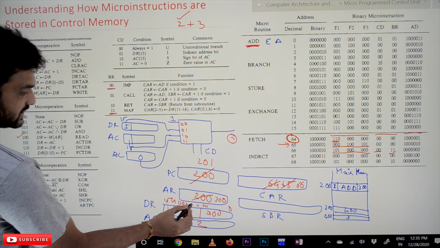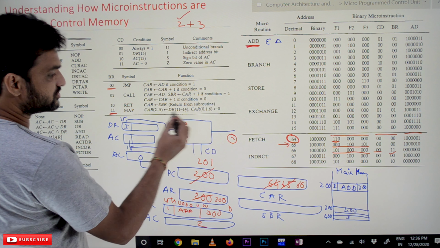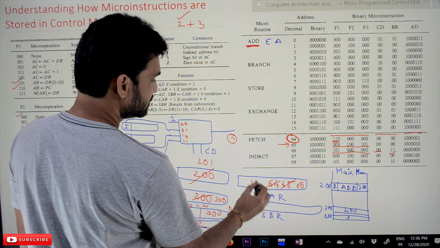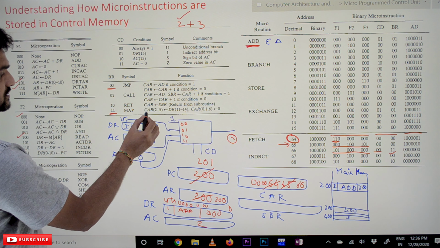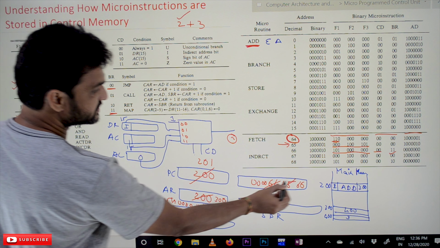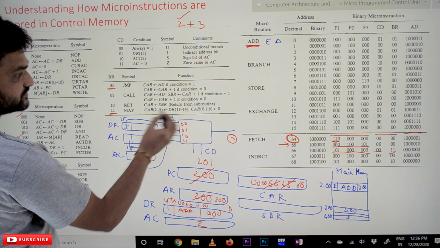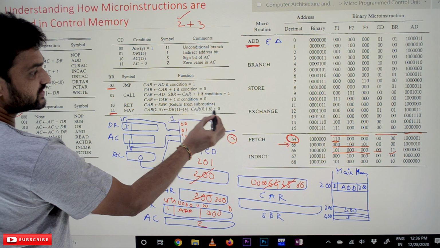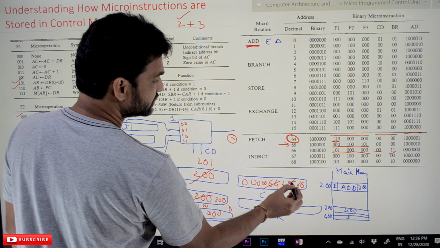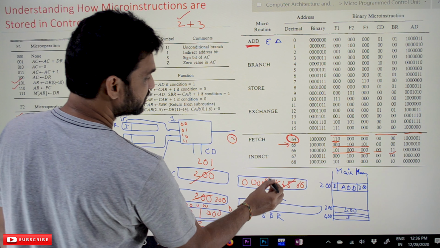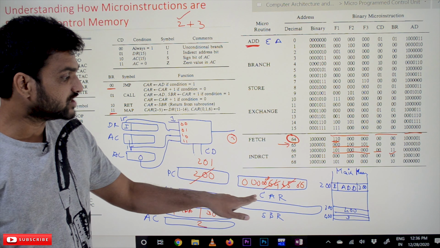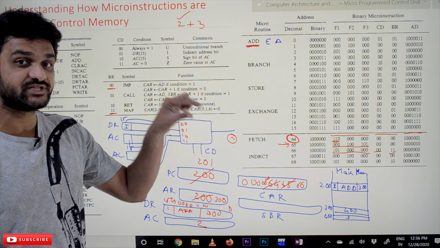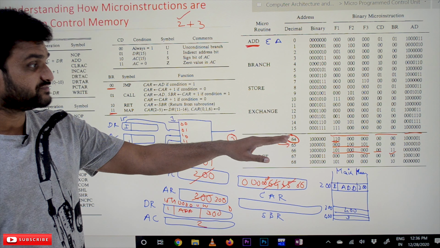Okay, so now bits 11 to 14 are to be transferred onto the control address register, which just takes 4 bits, and this CAR, control address register, bits 2 to 4 have to be done like this, and bits 0 and 1 and 6 have to be done with zeros. This discussion we have already made, how the mapping is done, in our previous video. So the entire control address register is stored with 0. The fetching has been done.